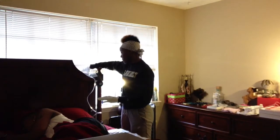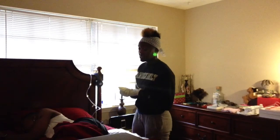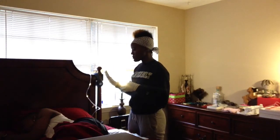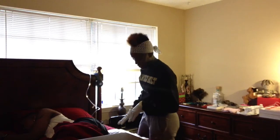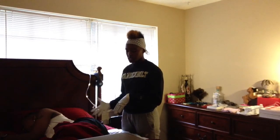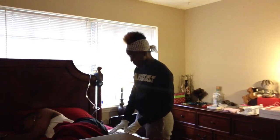I'm going to hang the bag, and I'm going to instruct Sophia to retain the fluid for 5 to 15 minutes as tolerated. So after all the fluid has emptied and Sophia has had a bowel movement, well, before that, actually, I would return Sophia to a squatting or a sitting position, just something to promote defecation. So once Sophia has defecated, I want to